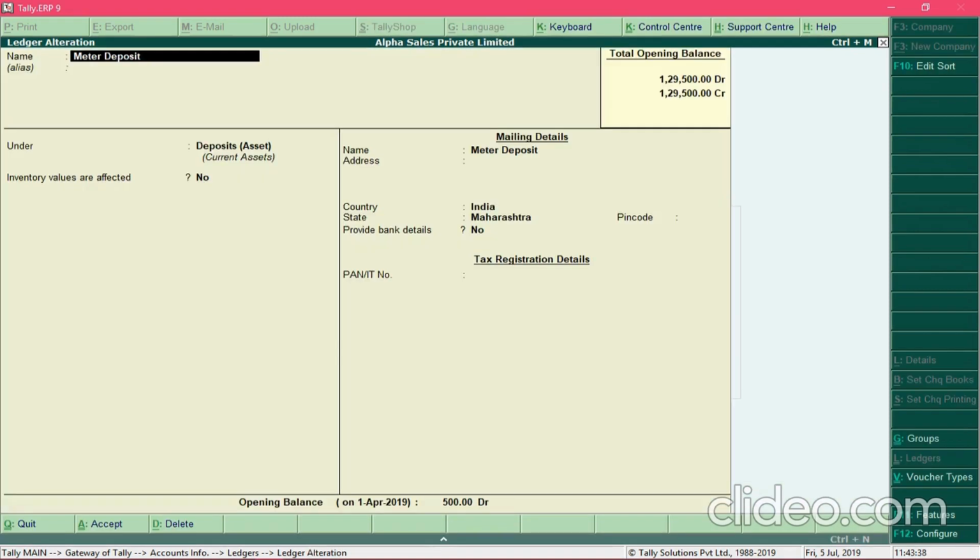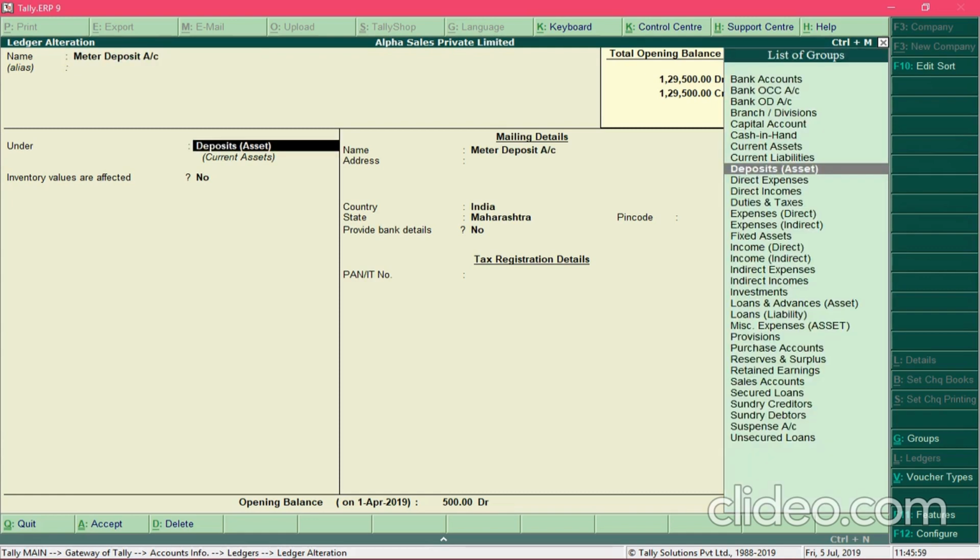Now in the ledger alteration screen, you can add new information or make any changes to existing information. Suppose I want to change the name Meter Deposit to Meter Deposit Account, then I need to make the changes, and then I can simply save the ledger. Or further, if I want to change the group, then I can do it and save the ledger.